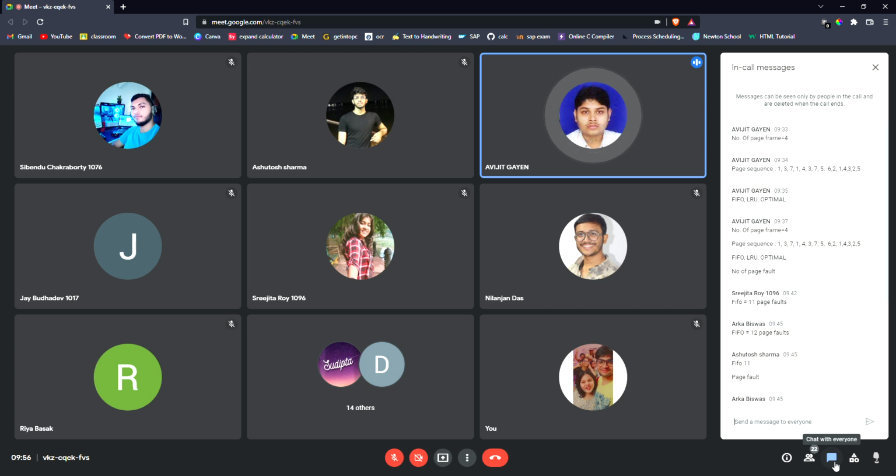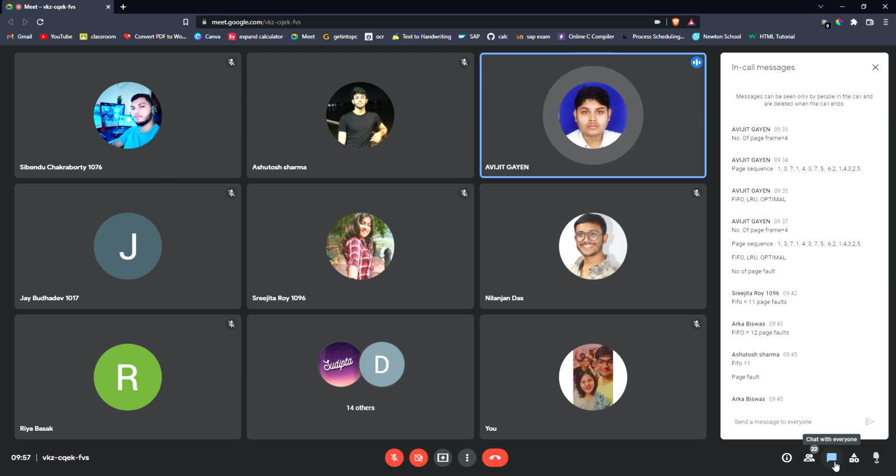In LRU, let's say for example in your list you have four pages in your cache, right? Four pages, and those are 1, 4, 7 and 5. Now out of this, just look at the sequence of pages. Currently you will be replacing one of these 1, 4, 7 and 5. Let's say for example you need to bring page number 6 in, then any one of 1, 4, 7 and 5 has to go. Now which one will go?